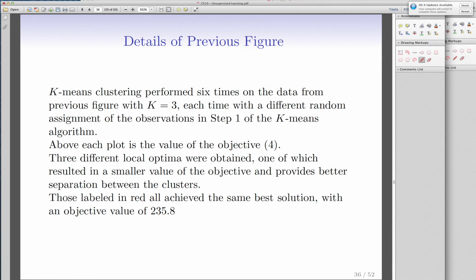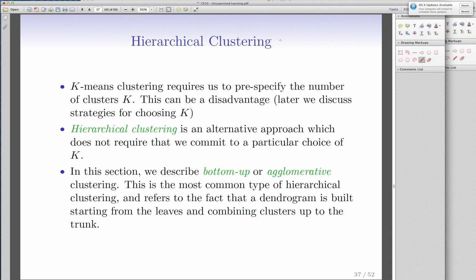So that is basically what I explained earlier. So k-means clustering requires a pre-specified k. That is somewhat of a disadvantage of this algorithm. We're not going to discuss how to choose k. It's beyond the scope of our lecture. But what I want to make sure is that